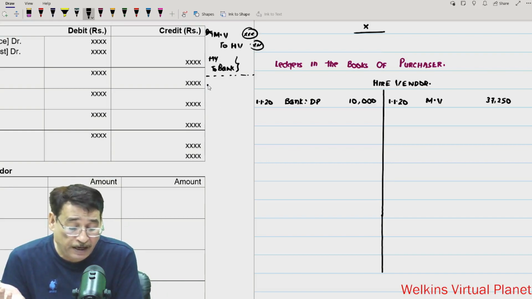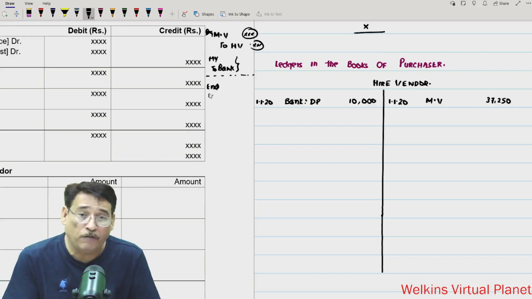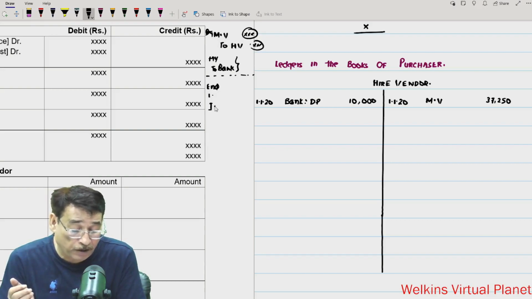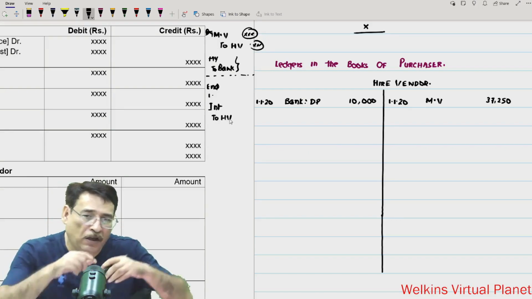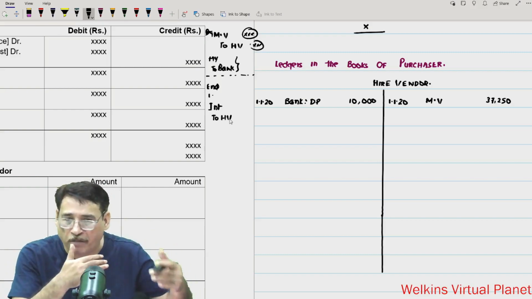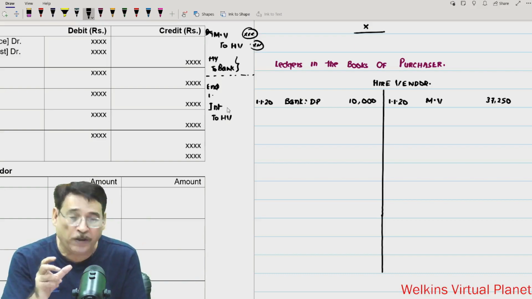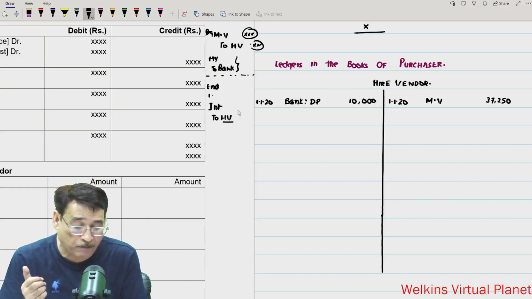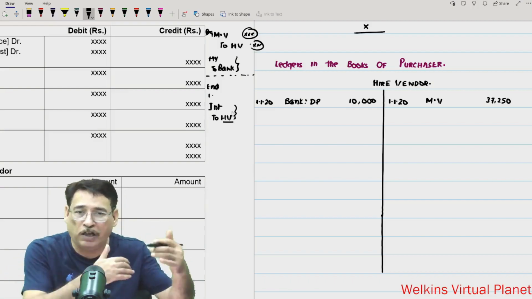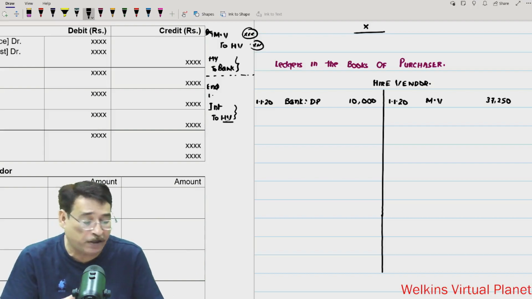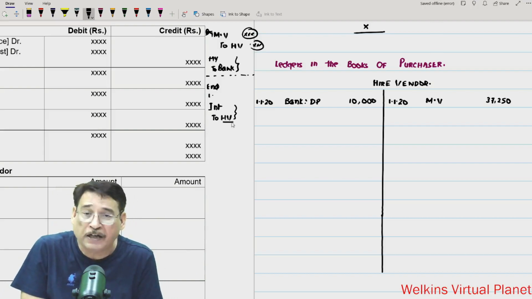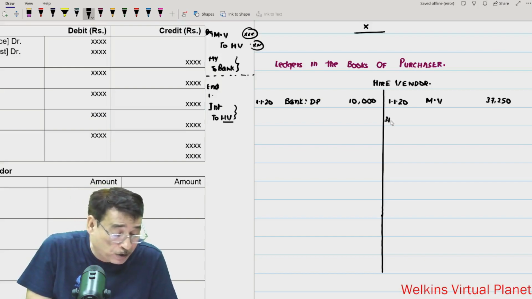Now when we reach the end of the first year, what will be my entry? At the end of the first year, first of all, the purchaser will pass an entry: interest account debit to hire vendor account. Why this entry? Because at the end of the first year, interest has become due. If interest has become due, that means the purchaser's liability towards the hire vendor will increase. If the liability increases, I am supposed to pay more amount to the hire vendor. So that is why hire vendor account will be credited. So I am going to write towards the credit side,